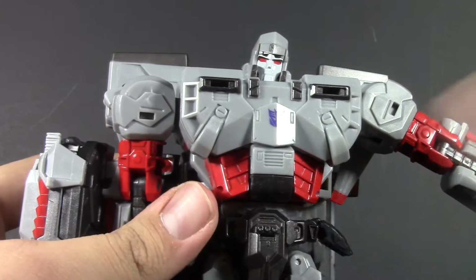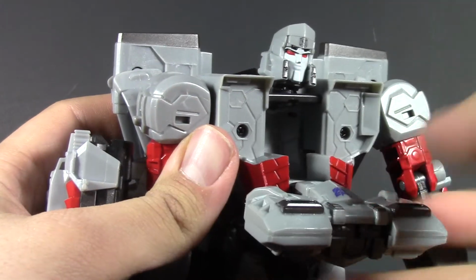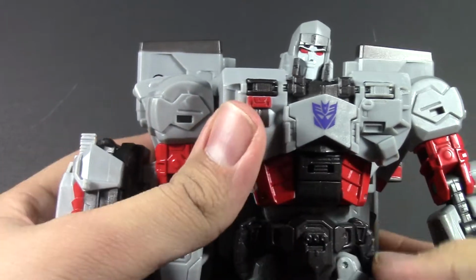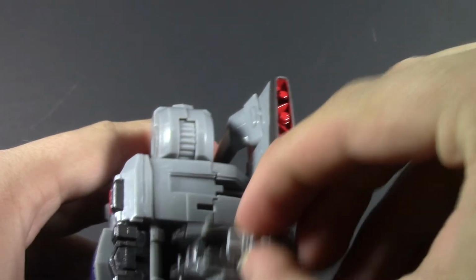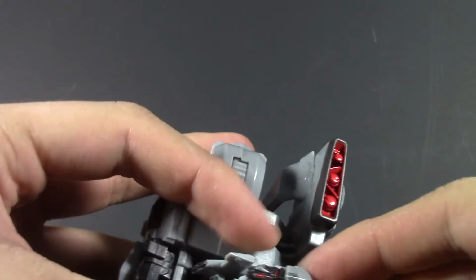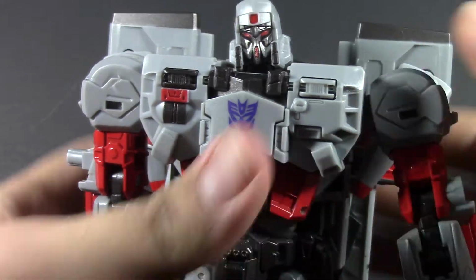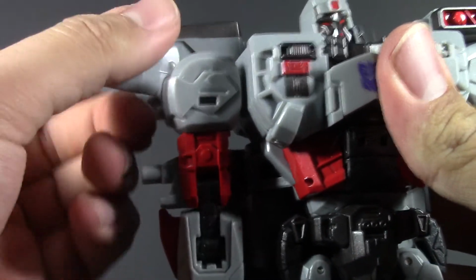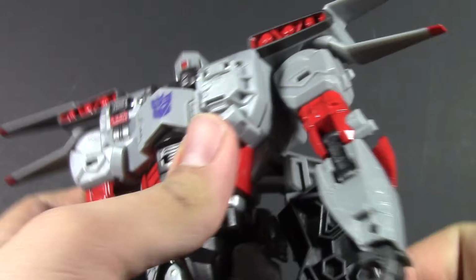So, not much else to go on there, so let's go ahead and get him into Ultra Megatron form. First thing we want to do, open this, rotate it around as if we're going back into tank mode and jet mode. Let's go ahead and take the arm cannon off. Now from here, we'll open up this section of the head, and then we'll rotate the face around right here, and then independently the forehead flips around, and there's that. So you get kind of that Last Night kind of look going on, at least Last Night pulled from this. Hold up those shoulders, bring down the wings, unfurl like that,